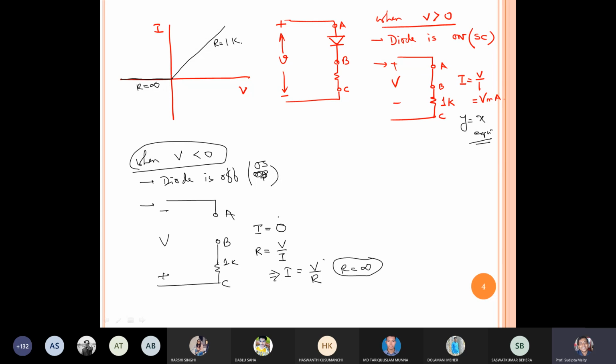So we can easily express the output voltage as a function of resistance by investigating the circuit in a simple manner. Is it clear? In this case, this curve is coming for V greater than 0 and this curve is coming for V less than 0, which is also clear from the axis because it is 0, it is minus infinity, it is plus infinity in this case. Is it clear? Very good. Now let's proceed.